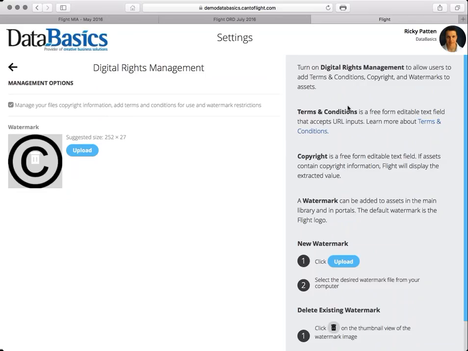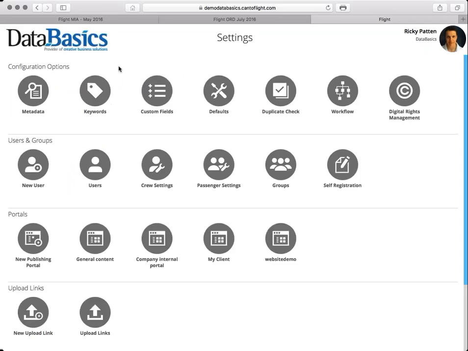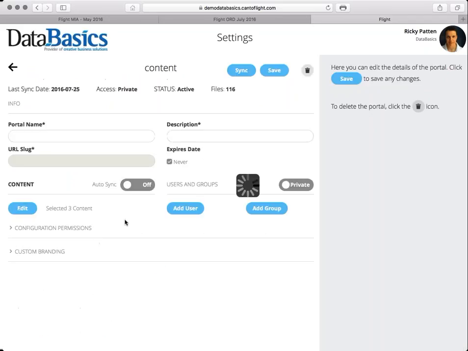It explains over here how all of these different items work, and you can see that Canto has embedded some links there to help you out with more information. And we'll see some assets that I've set up with digital rights management later on. If we wanted to go and say look at a portal, so if we look at my general content